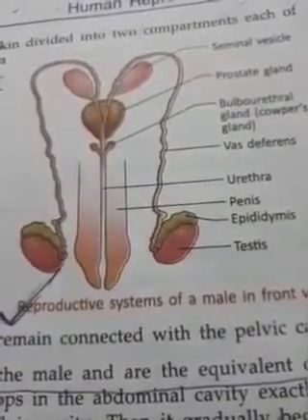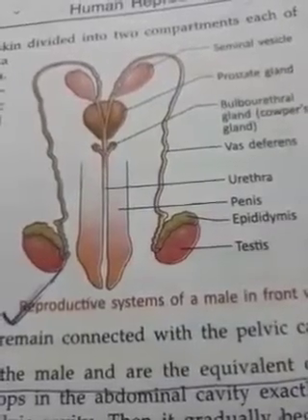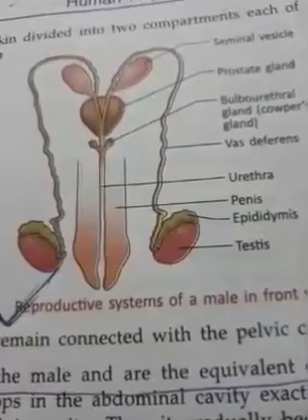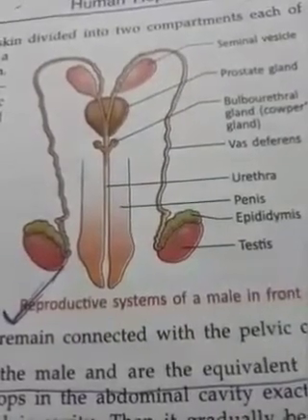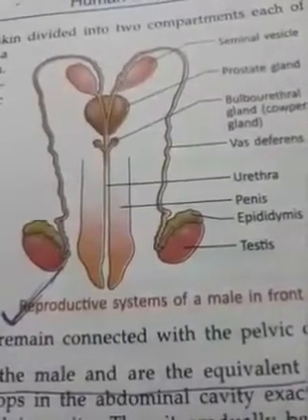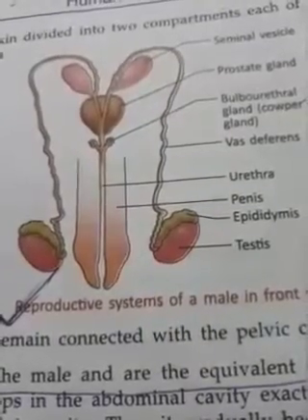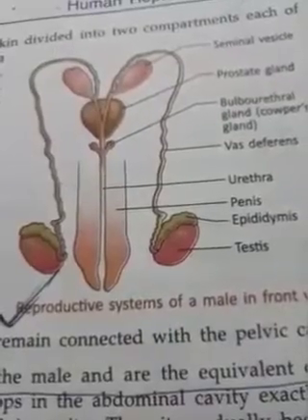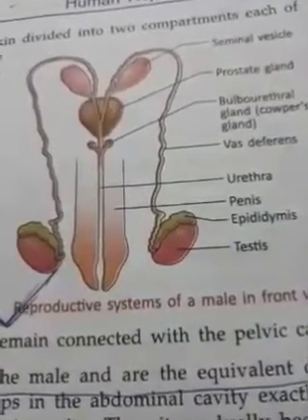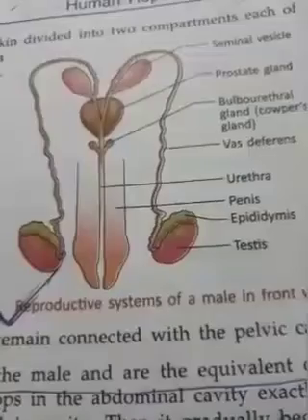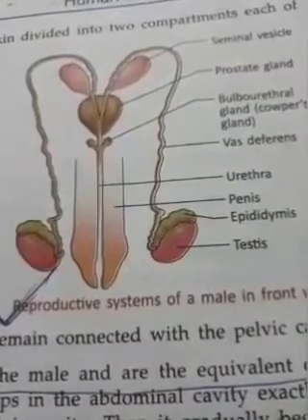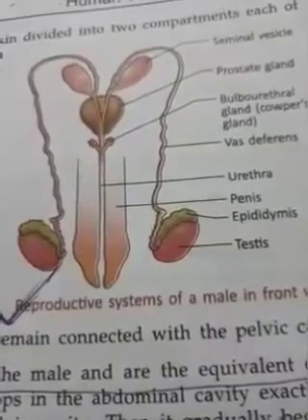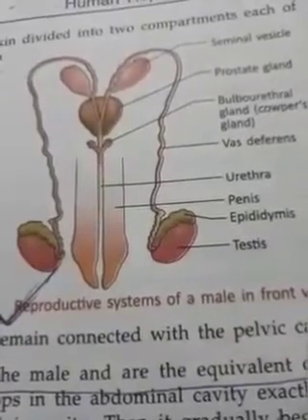The normal body temperature is 37 degrees Celsius, right? So the scrotum maintains a temperature which is 2 to 2.5 degrees Celsius lower, and this slightly lower temperature helps in proper development of sperm. Sperm needs this temperature, which is not found inside our body. So outside our body the scrotum gives that temperature which is ideal for sperm development.